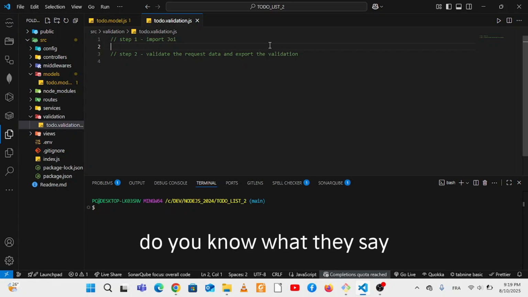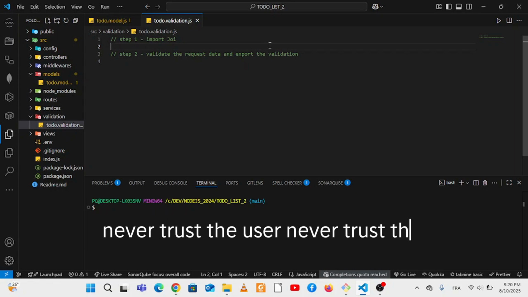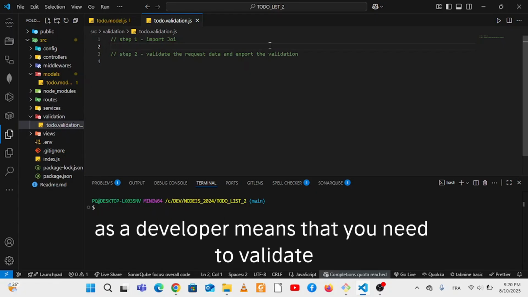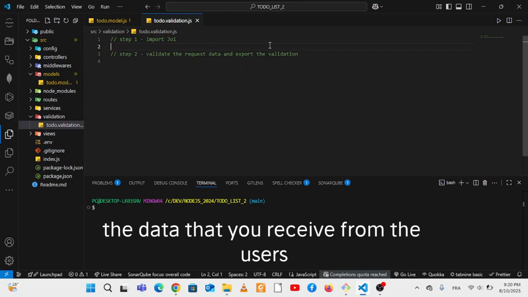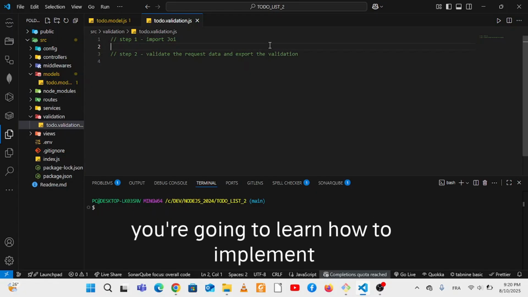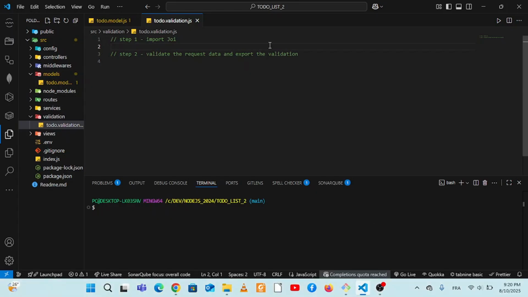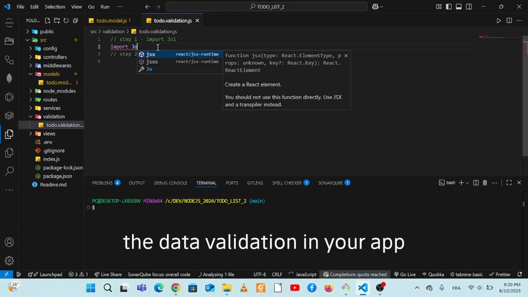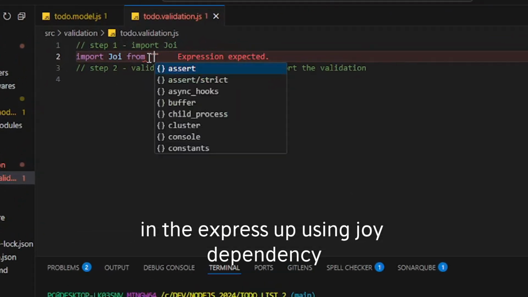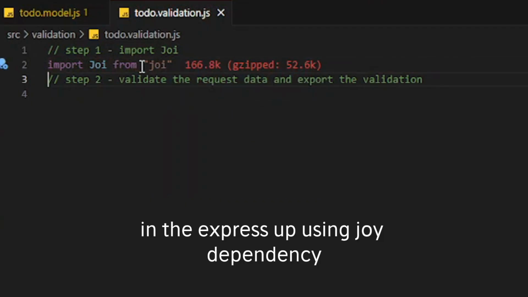Do you know what they say? Never trust the user. Never trust the user as a developer means that you need to validate the data that you receive from the users. In this tutorial, you're going to learn how to implement the data validation in your Express app